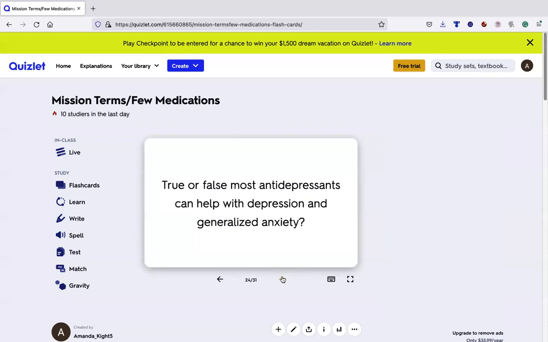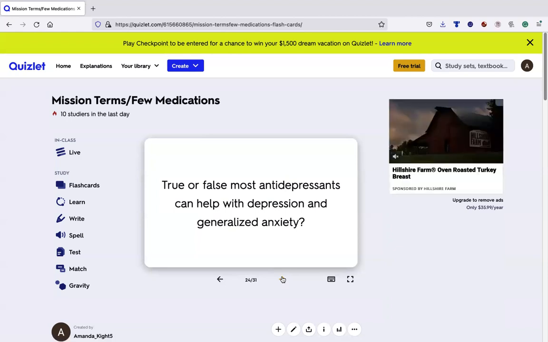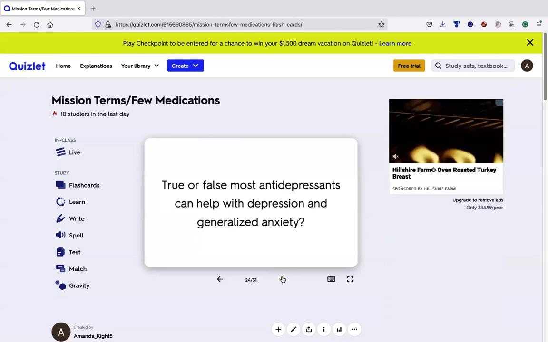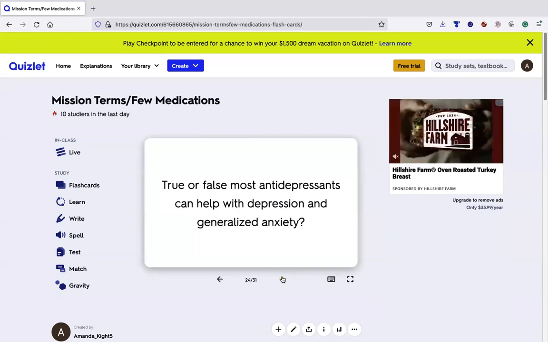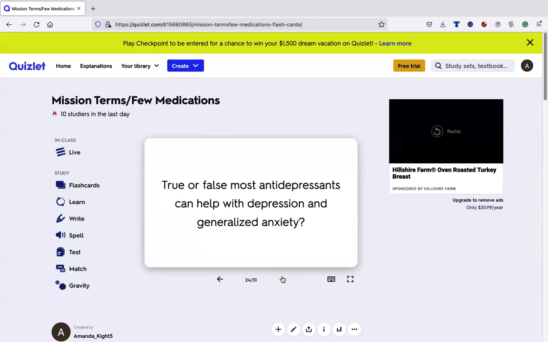So if I'm at Great America and I'm getting super anxious, I can't take a Prozac and expect it to help with my anxiety in that moment. It's for generalized anxiety. That's where we'll get next week, when we're talking about anxiety medications. We'll talk about the ones that are going to help more immediately, like benzodiazepines, like Ativan. So yes, this would be true. And remember, generalized anxiety. That's very important.